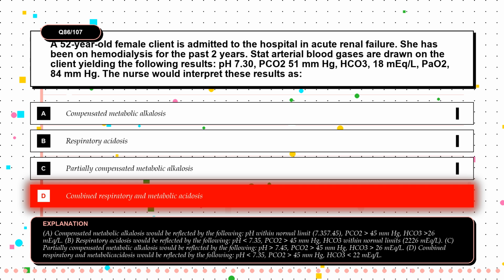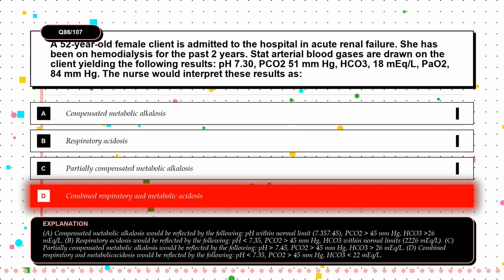22 to 26 mEq/L. C. Partially compensated metabolic alkalosis would be reflected by the following: pH 7.45, PCO2 45 mmHg, HCO3 26 mEq/L. D. Combined respiratory and metabolic acidosis would be reflected by the following: pH 7.35, PCO2 45 mmHg, HCO3 22